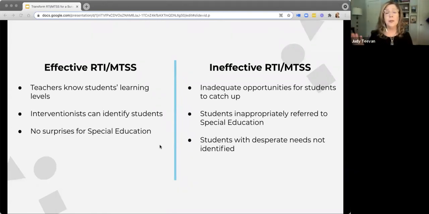That's right. And in truth, I've seen RTI district plans range from having no real plan in place to having so much documentation required for assigning a student to a tier that teachers just didn't even pursue it for students. Both ends of this spectrum lead to students not getting the help that they need, right? Now, today's webinar not only takes us through all the steps of an effective, streamlined RTI MTSS process that's easy to implement, but it will also discuss the why and the research behind each step so that the value of this process is clear for all stakeholders.